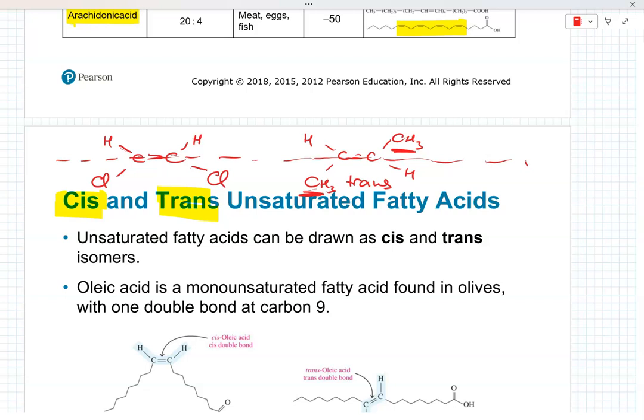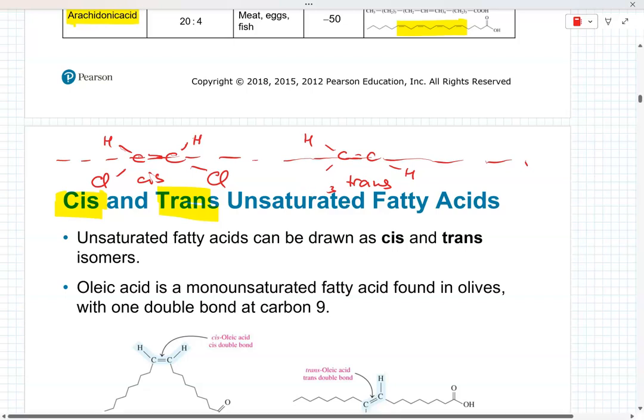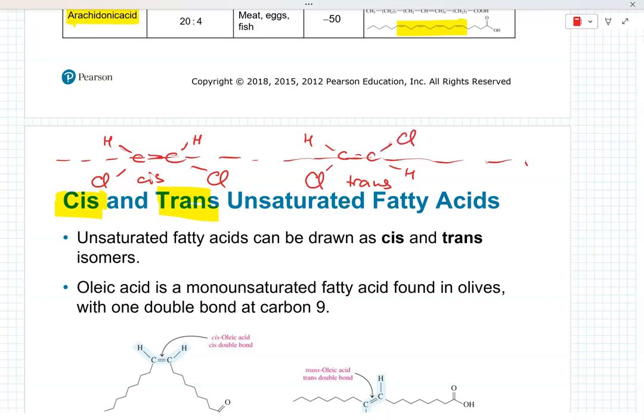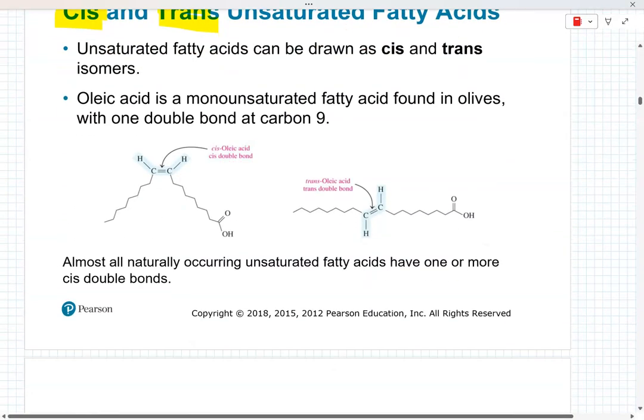They're below. This is cis. If you put them on the opposite sides, it is trans. This is just a definition. Does that make sense? So now, when you look at these guys here, so oleic acid